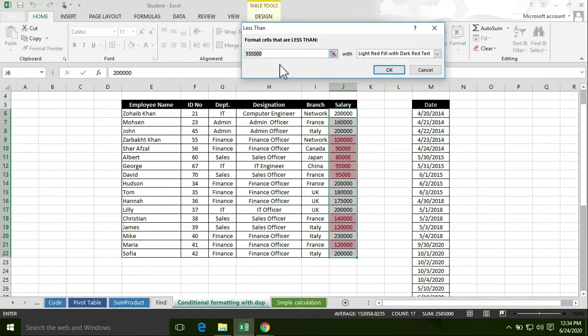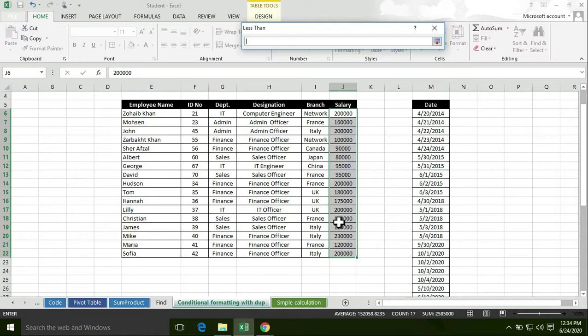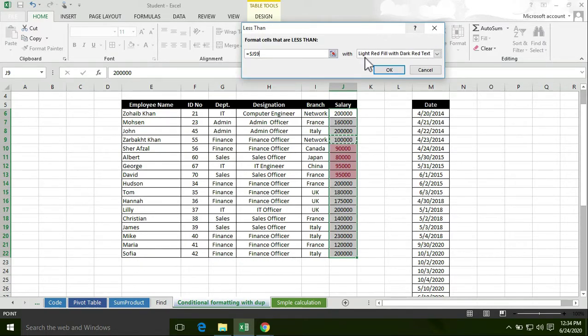For example, I type the values which are less than 1 lakh, or you can also select the value. Just click on the button, then select 1 lakh, click on the button again. Now you can also apply different formats.